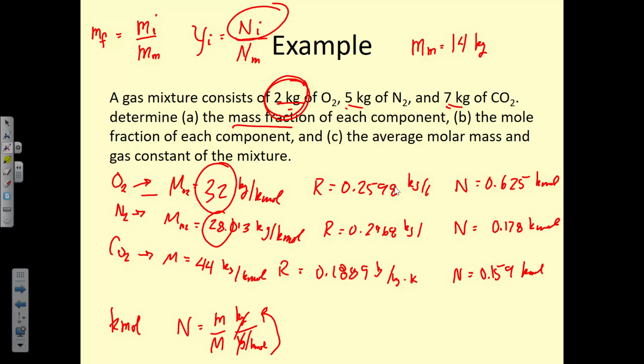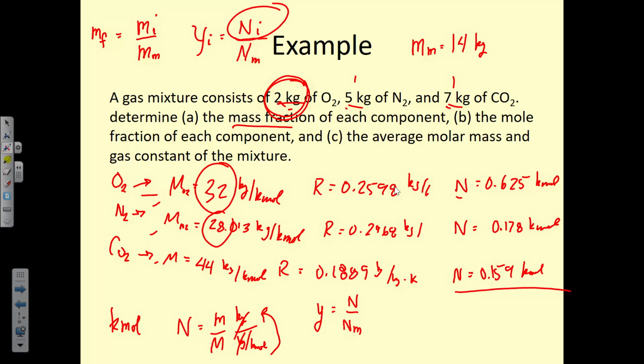So now we know the mass of each individual, the number of moles of each individual, and the molar mass of each individual. What we're trying to find out is the mass fraction, or molar fractions. Yes? The n's, is that the same way? Should they add up to 1 or no? No, that's just its own thing. The molar fractions will add up to 1, but the n's are just a number. So it's like adding up masses. Oh, okay. Yeah, so now we find our molar fractions, which are equal to this n value divided by the total n of the mixture.